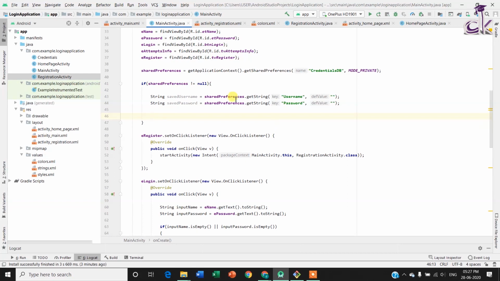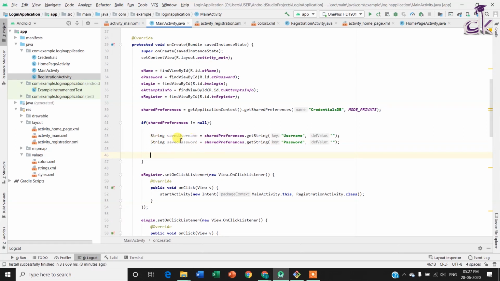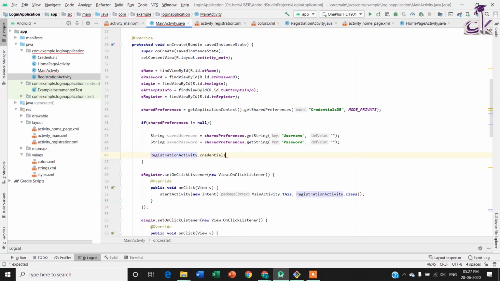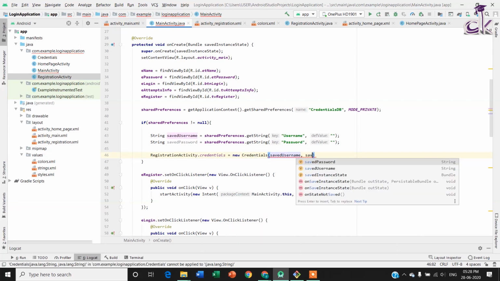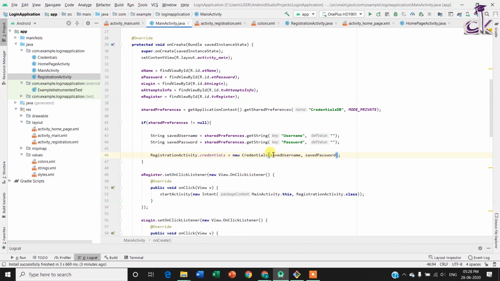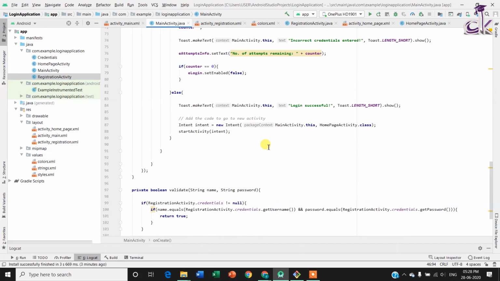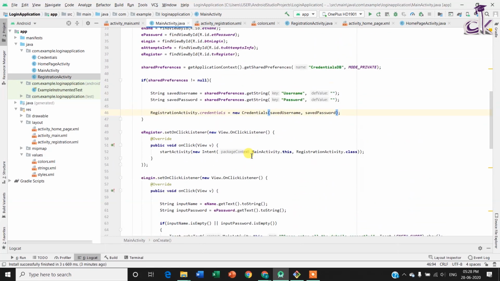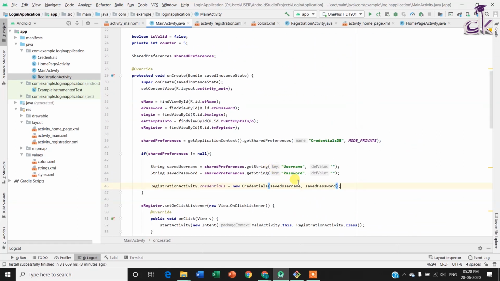So what you need to do here is, in case the username and the password already exist, you're going to create the object yourself. So for your credentials, you're going to call the constructor itself. You're going to say new credentials, and then pass in the username and the password. This is basically going to create the credentials for you based on the value that has been stored in the file. Now in case the user goes into the registration activity and changes the username and the password, or basically creates a new user and password, you will be getting that particular username and password